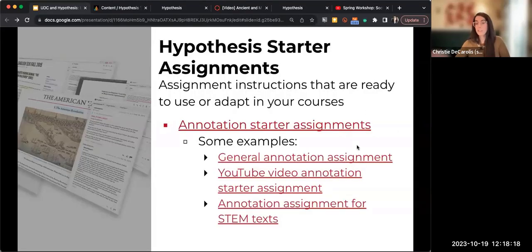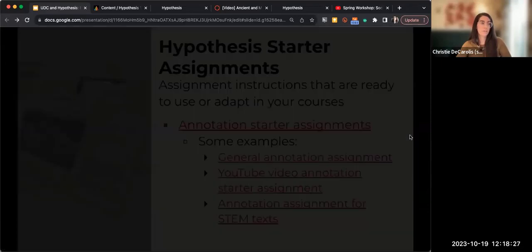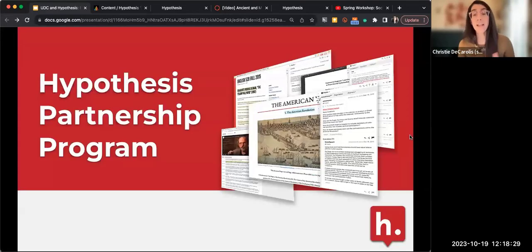There are some other examples of starter assignments linked here if you want ideas for other instructions. The YouTube video annotation assignment is on that page if you're interested in using that. But that's really the basics of the YouTube video annotation. It's not too complex as far as new features go because it's using so much of what already exists with